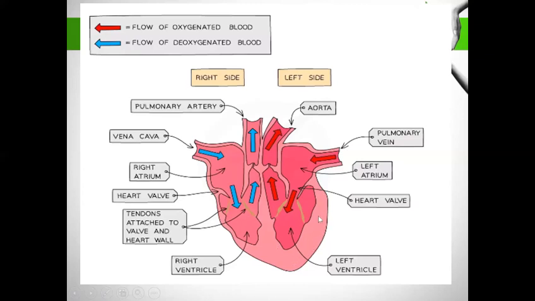One more thing that I want to explain here. In the diagram, you can see the wall of the left ventricle is thicker than the wall of the right ventricle. What is the reason behind it? The reason is simple: in the left ventricle, the pressure of blood is very high, because when it contracts, the blood has to be supplied to the distant organs. If the walls are thinner, there is a chance of rupturing of these walls. The wall of the left ventricle is thicker than the wall of the right ventricle, because in the right ventricle